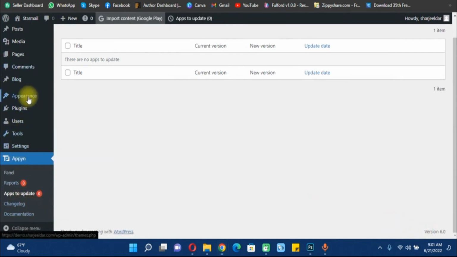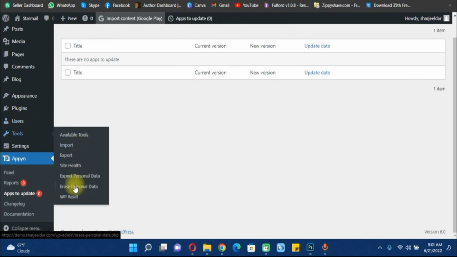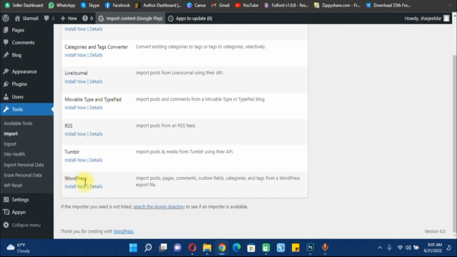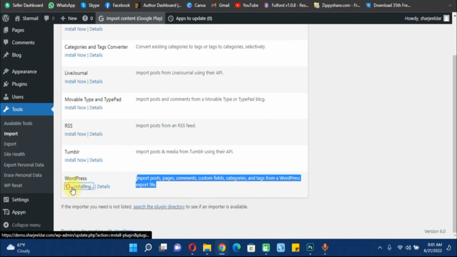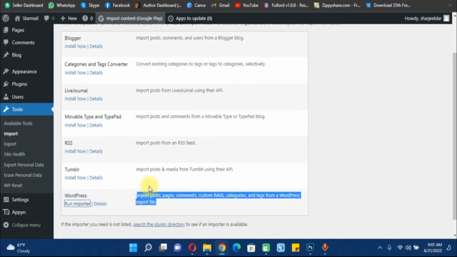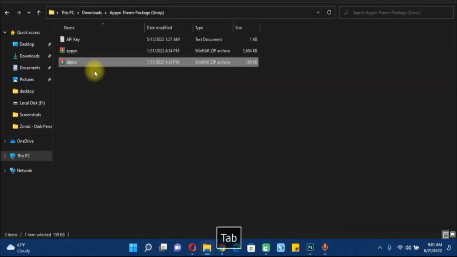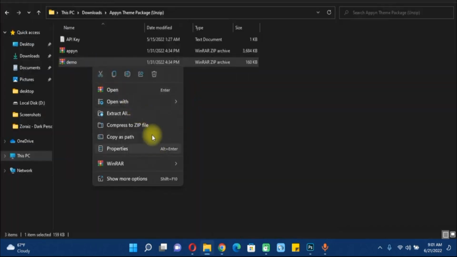For importing this demo, go to tools and then import. Okay, tools and then import. You will see a WordPress section here with import pages and posts. Just click on install now. This plugin will install and we will import the demo here. Okay, so click on run importer, and then you need to choose the file of your demo. So I'm going to